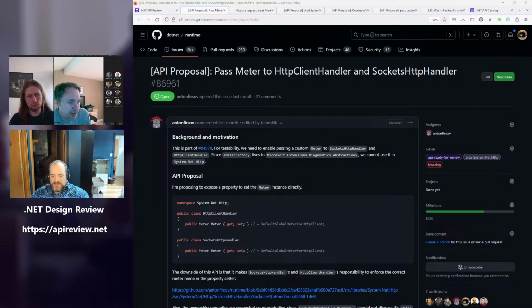So I think it sounds like you're saying the pattern is: if you are actively participating in a DI world, use the factory. If you're not, use a static. And if you use a static and people complain and scream, then maybe you do what we do here. Yeah, I think so. I would say exposing a meter is basically never a starting position. You end up there because of requests and demand.